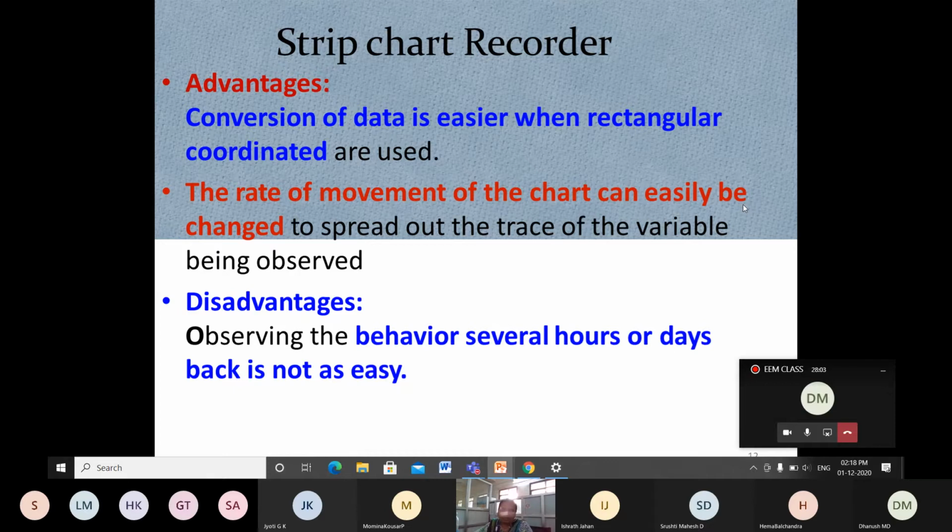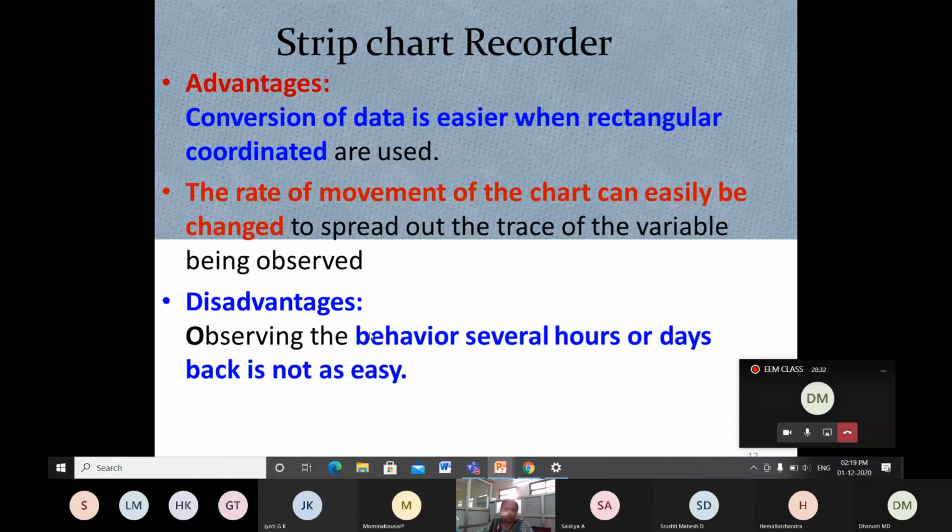If you write on normal paper, it may last 1 or 2 years, and after that it will be damaged, right? The paper quality should be good, and the pen you use should be a good one. Based on that we have to choose. That is the advantage compared to the other recorders. With the strip chart, the spreading of the information being recorded is somewhat particular, and we can get accurate results from this.